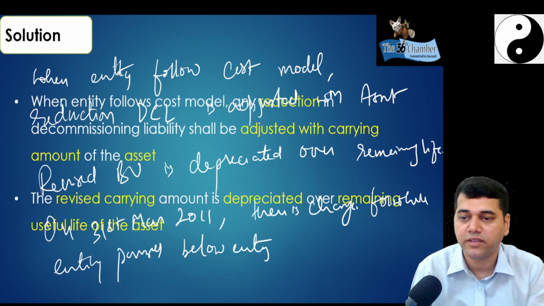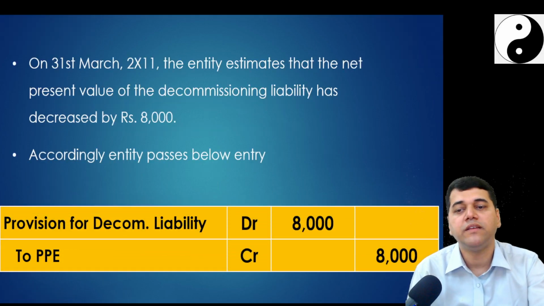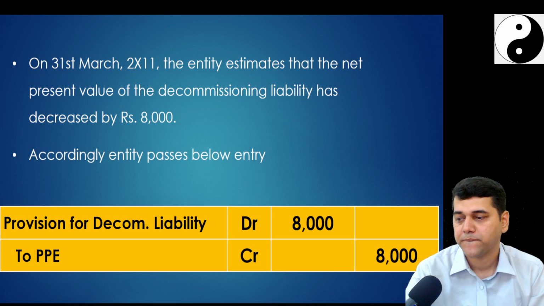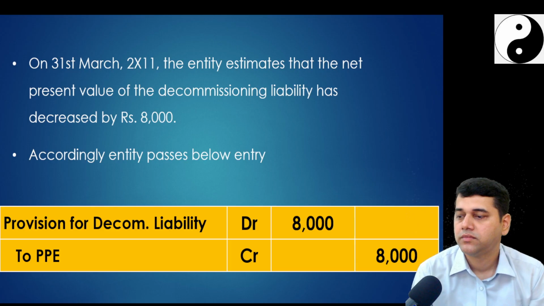Okay, so I will pass this accounting entry. This is the theory in detail I have written for your exam. So my accounting entry will be provision for DCL to PPE. Now we need a new depreciation after this. Are you clear? Okay, next we will write following after this adjustment. Clear, no? Vishnupriya? After this adjustment,